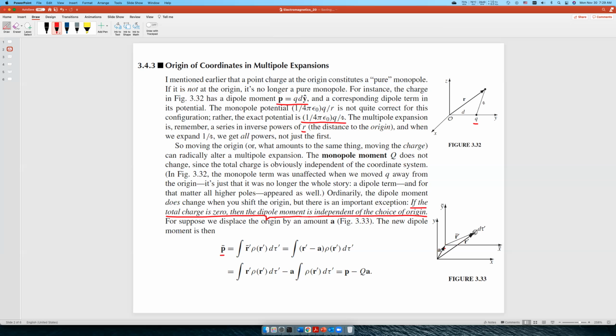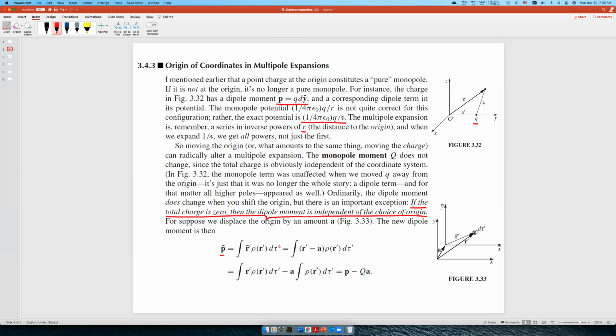And you can calculate the dipole moment p bar using this equation. The integral of r prime bar, rho r prime, which is the charge density of the charge distribution in the new coordinate system,